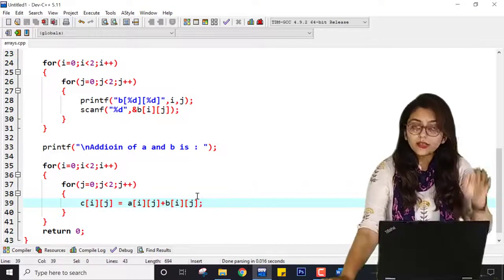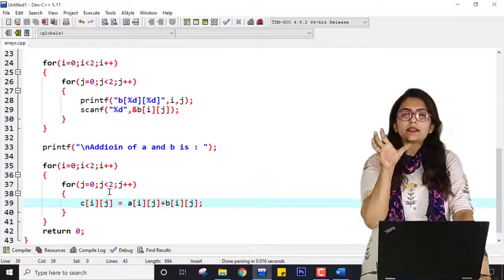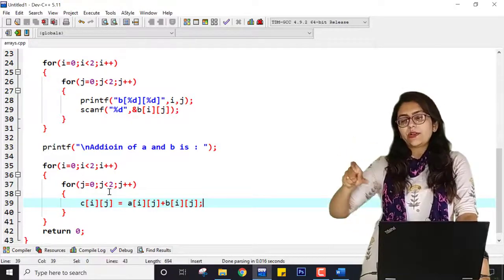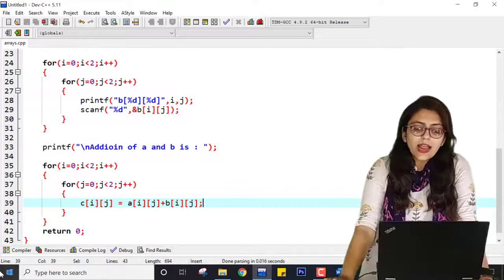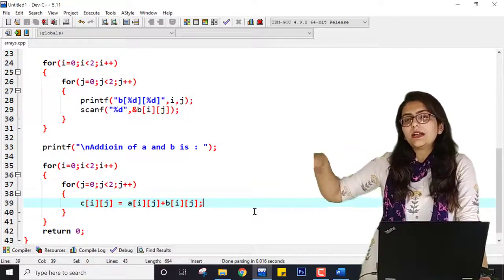Why I am doing this? Because I know that in the resultant matrix, C of 0,0 will be the addition of A of 0,0 and B of 0,0, right? So that's why I have written something like this. If C of 0,1, then A of 0,1 and B of 0,1.